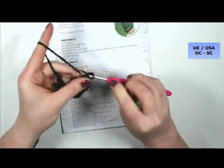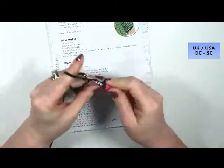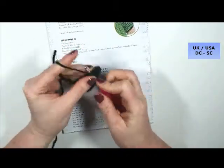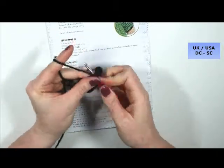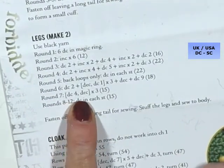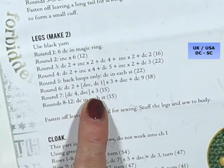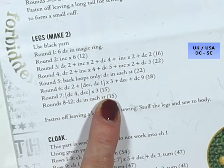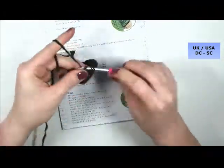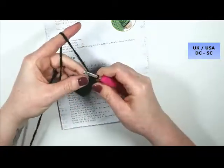So 9 single crochets, 2, 3, 4, 5, 6, 7, 8 and 9. So round 7 tells us to double crochet 4, decrease 3 times. So I'm going to single crochet 4 and then single crochet 2 stitches together 3 times for a total of 15 stitches. So I'm going to single crochet 4, 1, 2, 3 and 4, and then I'm going to decrease